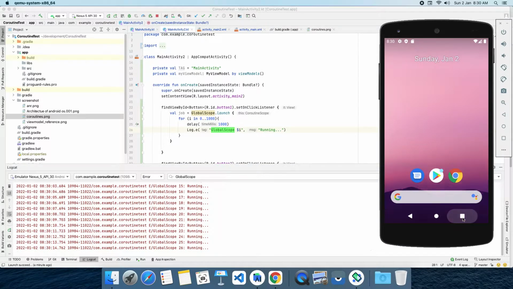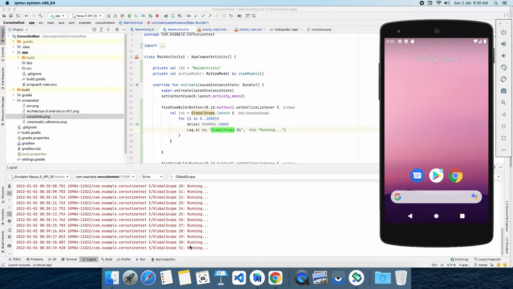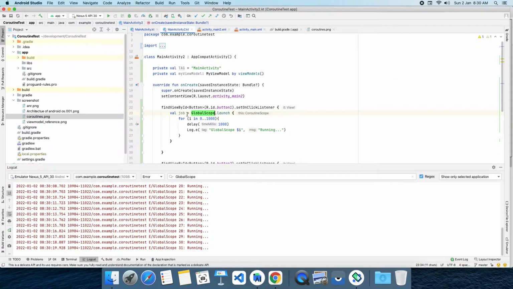That is why it keeps running the job. Now see, I'm closing this app entirely. After 3031 it is not printing. So what is happening? This global scope is attaching a job with our application context. Until our application is alive, the job is there. When our application is cleared from memory, our job will also be cancelled.